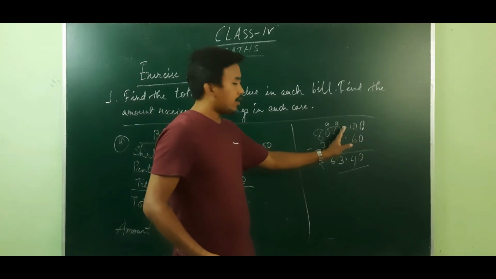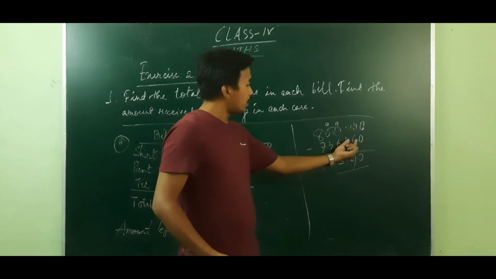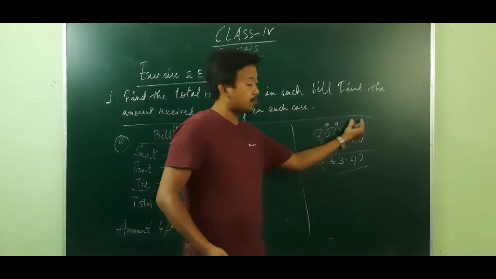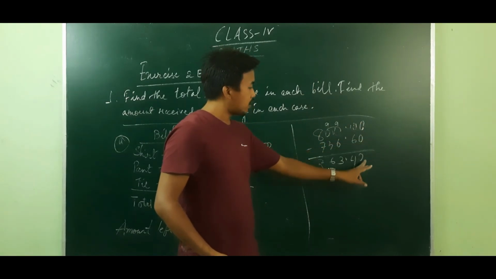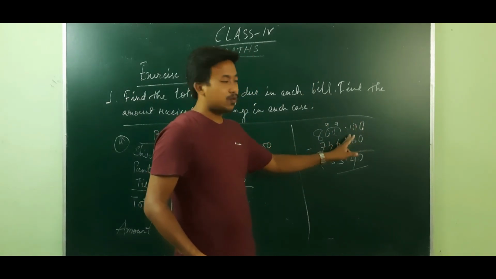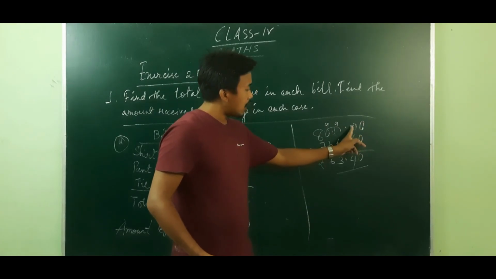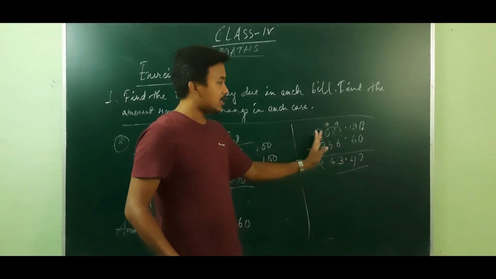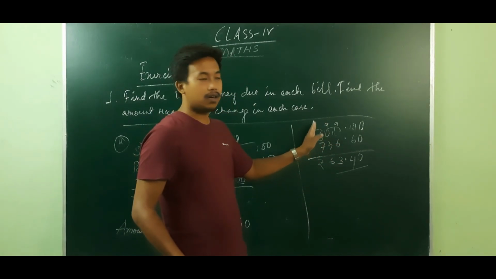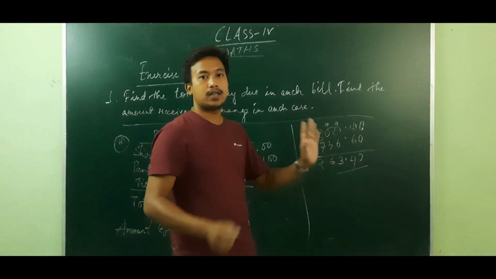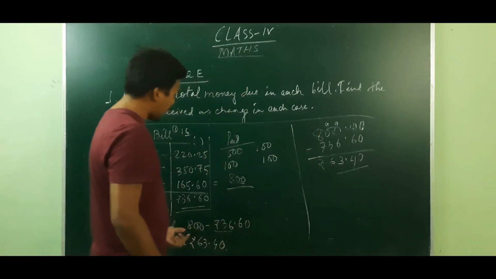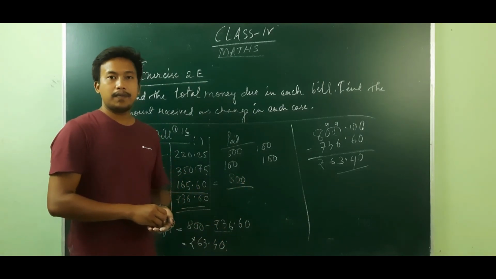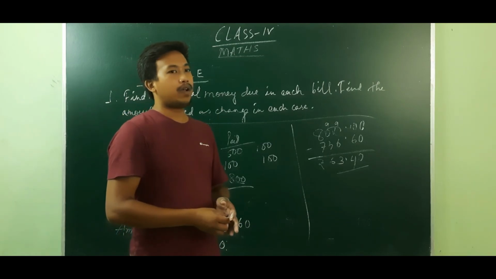Here in 800 we don't have any decimal. In order to make it similar, you put a decimal here, and in place of these two digits, you just write 2 zeros. 0 minus 0 is 0. From 0, as we cannot minus 6, you borrow 1. That is 10 minus 6 is 4. Here remains 9. 9 minus 6 is 3. 9 minus 3 is 6. As you have borrowed 1 from this 8, it remains 7 here. Now 7 minus 7 is 0, and 0 we are not supposed to write. That means we have left in hand 63.40 rupees.